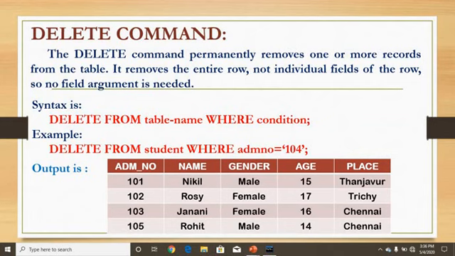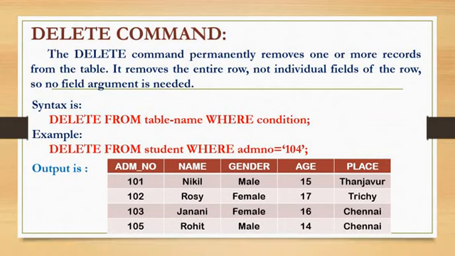See the table. In this table, we have 5 columns. Now I am going to set the primary key for the admission column. Name has a not null constraint. Gender can be anyone, male or female. In gender, I am going to set a check constraint. In age also, I am going to set a check constraint. The place has a default value.